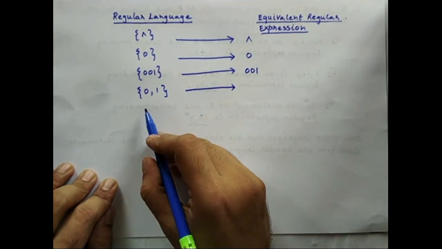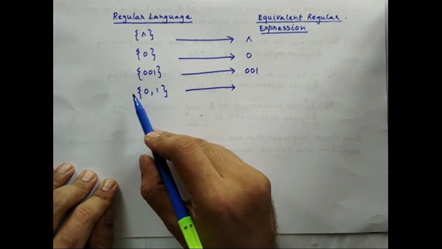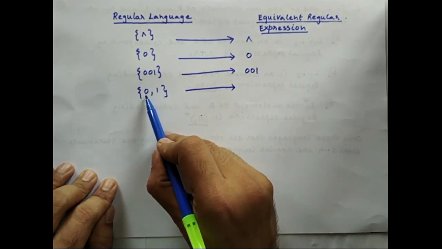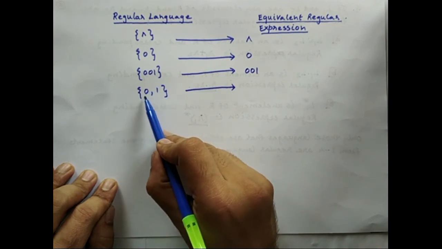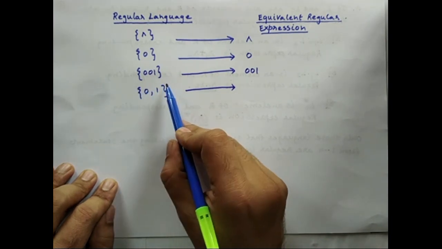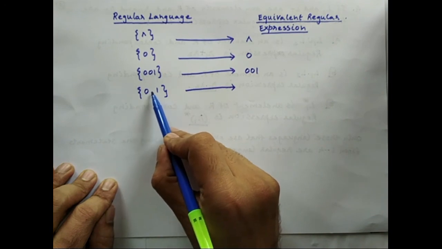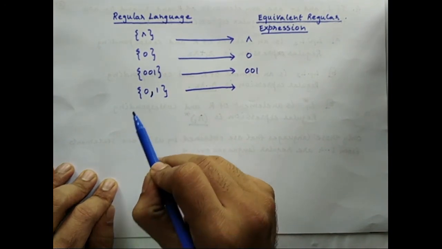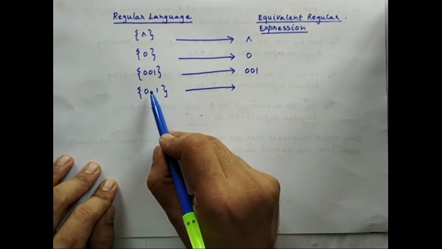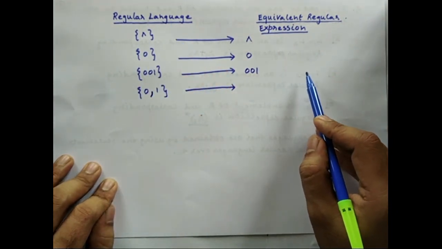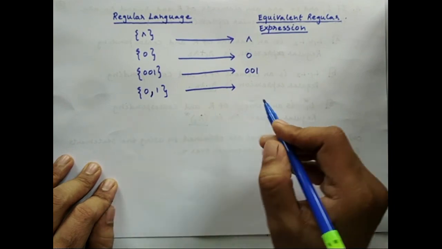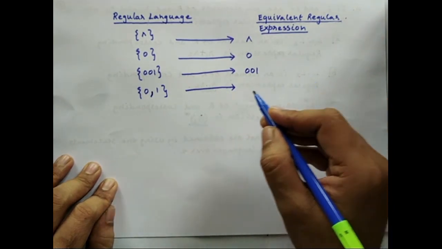As I have already discussed, how do you read this? This simply means that either 0 is a string or 1 is a string. This language contains only two strings, either 0 or 1. So comma means or. Wherever there is a comma or a union in a regular language, it can be replaced with plus in the regular expression. So this regular language can be converted into a regular expression as follows.